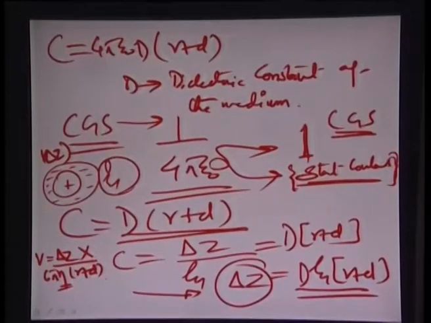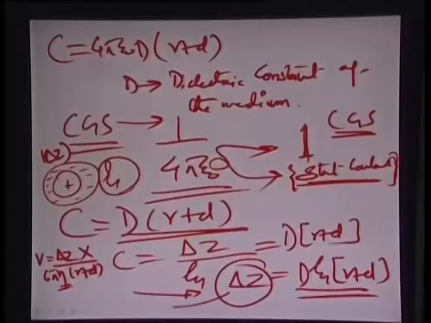R plus D remains the same radius of the modified ion with a counter ion cloud around it. Okay, so if you put this value of delta Z here in this equation, you obtain a V value equal to